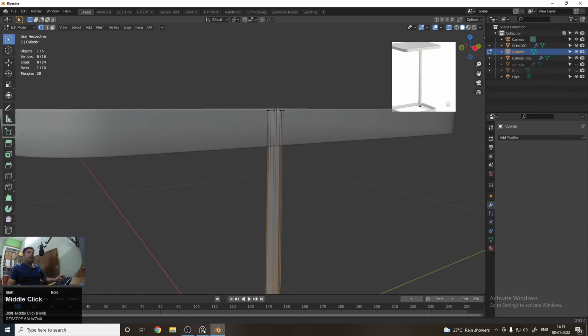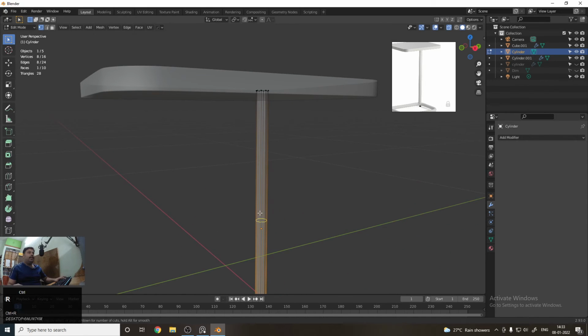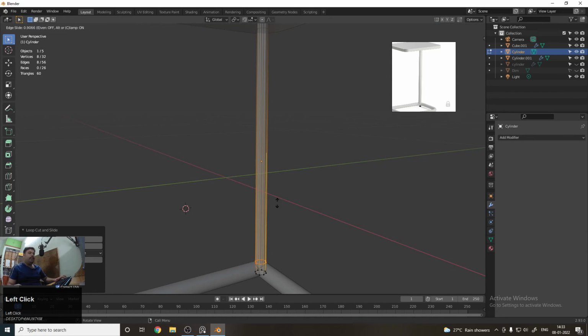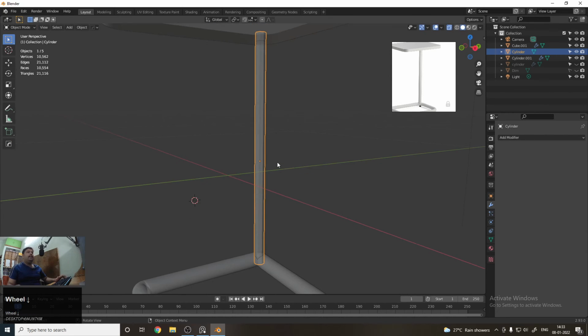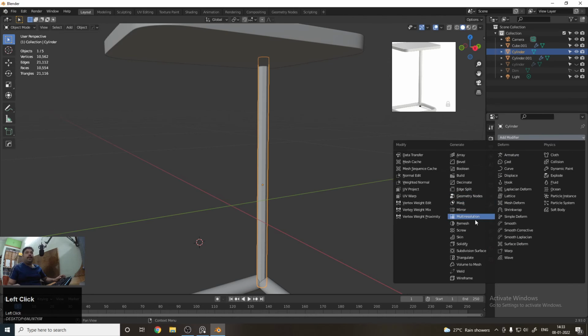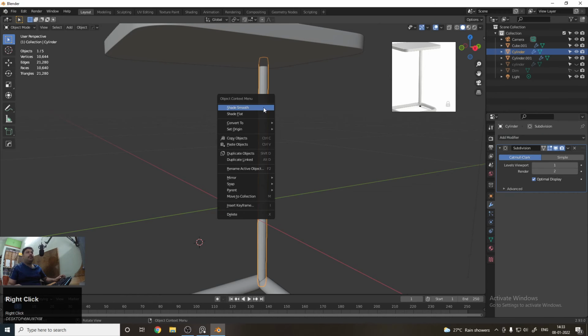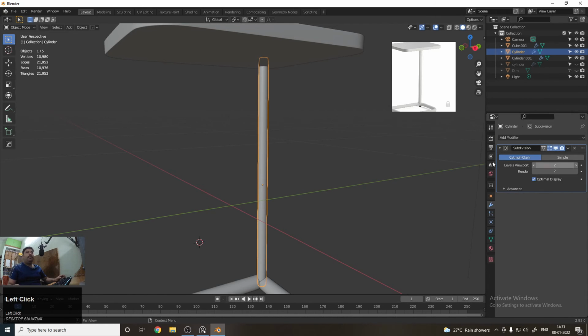So to apply the subdivision, first you need to create edges. To create the edges, you need to press Ctrl R and move it upward, Ctrl R, move it downward, and then you need to add the subdivision surface. You can add 2, 2.